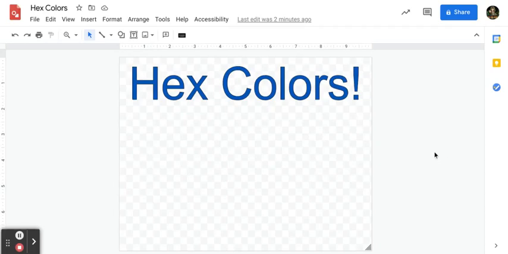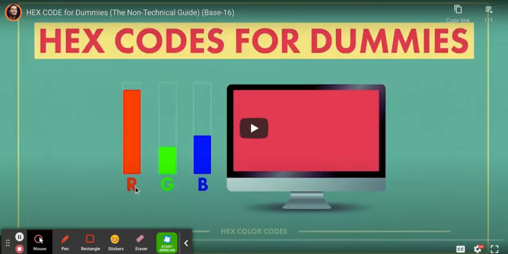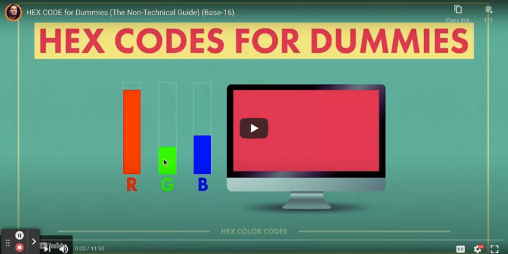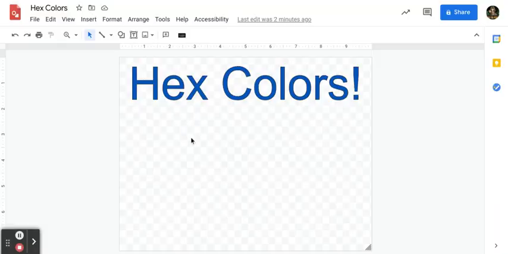In this video, we'll be talking about using hex code to create custom colors. So a hex code is a series of letters and numbers that represent the amount of red, green, or blue in any given color. This video, Hex Code for Dummies, that you can find on YouTube, is a great basic tutorial of what hex code is. But we don't even have to get that complicated, right? You don't have to understand exactly how hex code works in order to be able to use hex code to